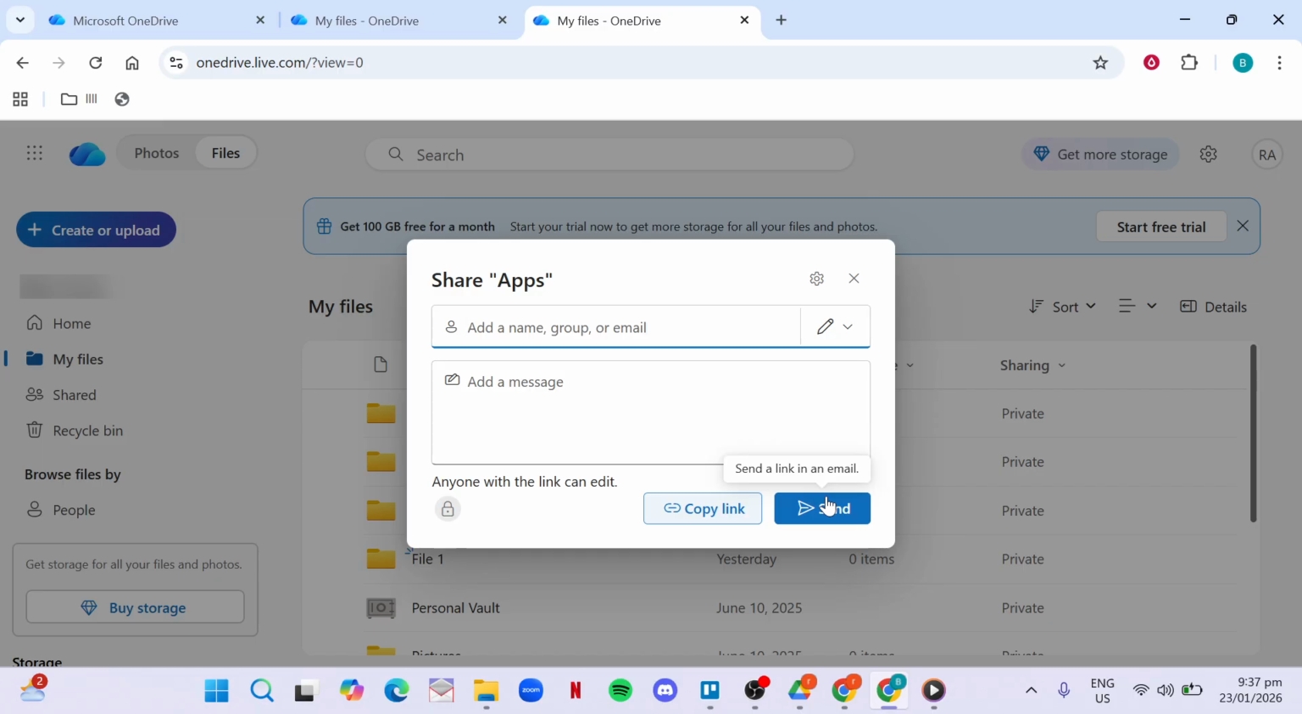You've successfully shared a OneDrive folder, making it easy for others to access the files they need, all from your browser or